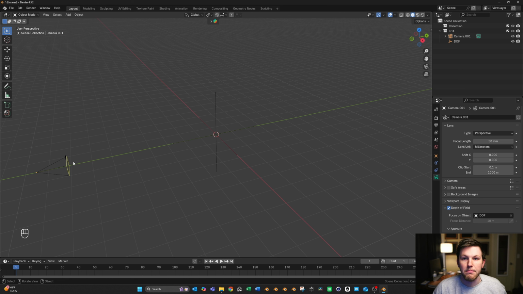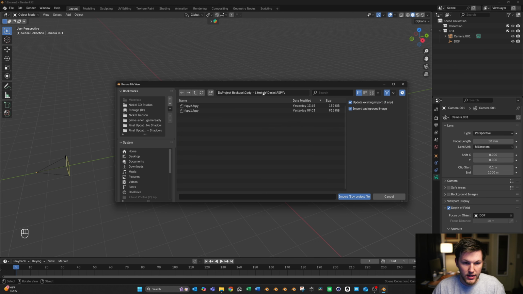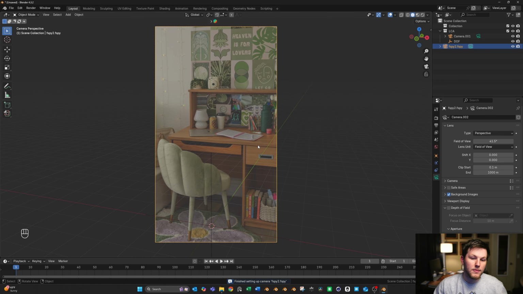And then we're going to basically match this camera's position, location, and rotation from fSpy. So we just finished our fSpy location and focal length solving. So if you do F4 and then import an fSpy, I know where I've saved that, so I'm just going to grab that fSpy file that I saved, and then bam. That's going to bring this up,